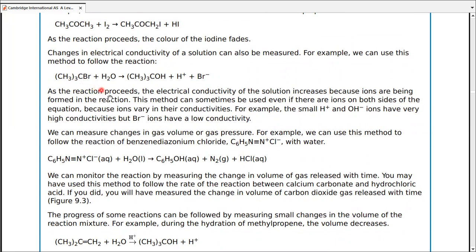Okay. If there are ions on both sides of the equation, you can do it with the complete reaction mixture, and you need to do it individually for the ions of this side and ions of this side at a separate place. This would give you the idea which kind of ions on which side have higher conductivity or lower conductivity. By the way, you can decide that on your own. Remember, higher charge, and this belongs to physics more than it belongs to chemistry, is equal to higher conductivity,